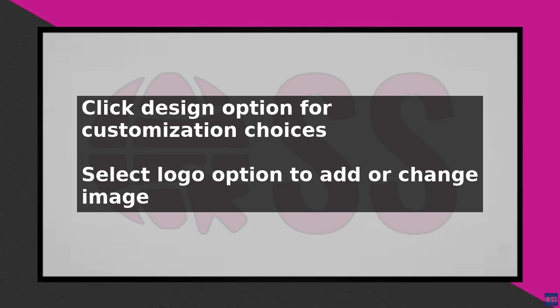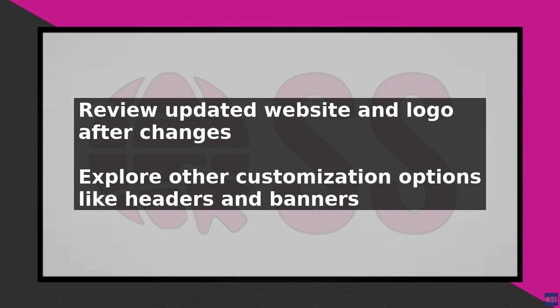Click on the Design option, which will take you to a page with various customization choices, such as site styles, logo, colors, fonts, and more. Select the logo option and click on Add Image to choose a new logo or click Change to update an